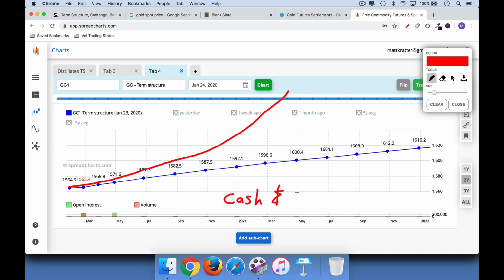Cash and carry. What this basically means, and you really need to have a lot of money, be a big player to do this, is you buy gold in the spot market, in the cash market, and then you enter into a futures contract to sell it, call it 12 or 18 months later. So let's say we buy gold here at roughly 1573. And then let's say the price of gold is just crazy in a year or a year and a half from now. Let's say it's at 2000.